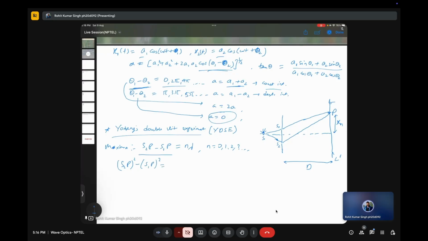Now S1P and S2P, you can use the Pythagoras theorem, and S1P square is basically D square plus